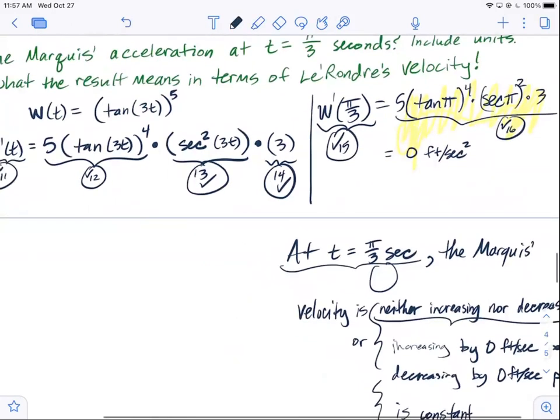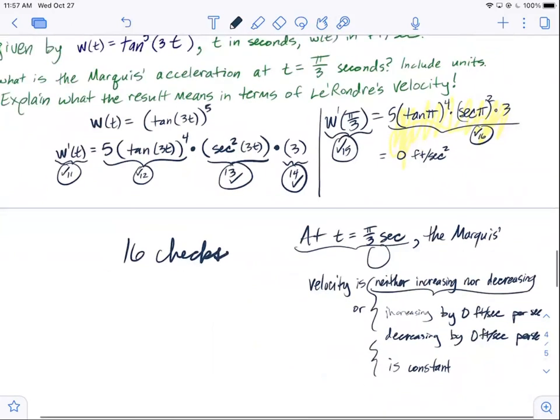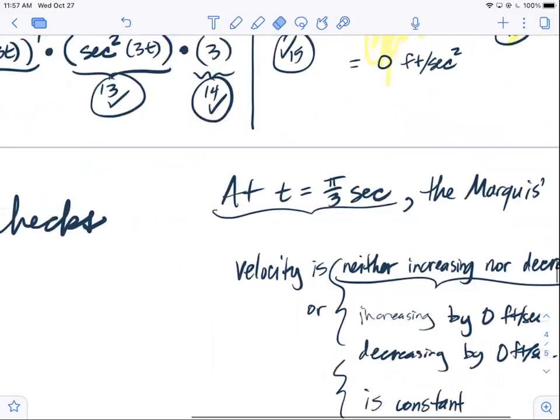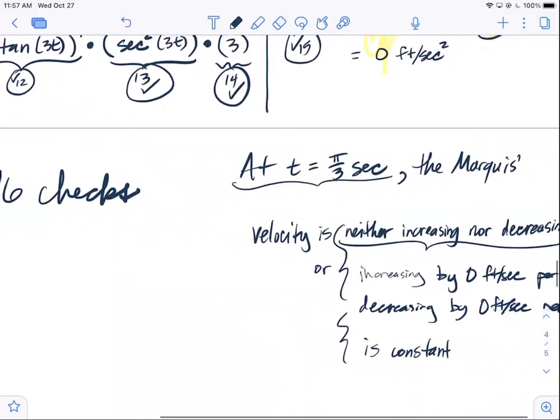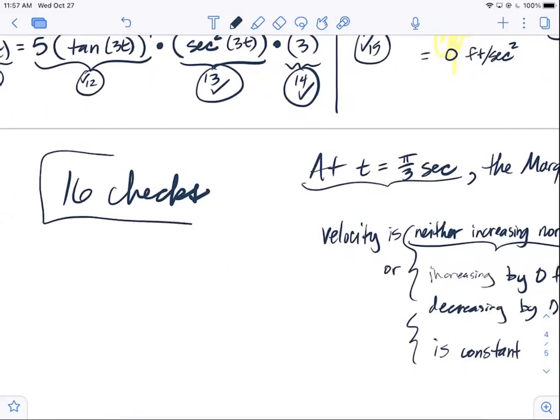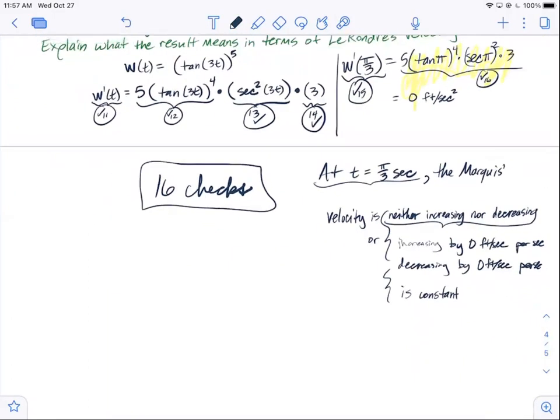So we got 16 checks. I think that's right? 17 checks? If I don't count the sentence at all. I took that one away, yeah, because it's part of the sentence. 16. Yeah, go ahead. So if I plugged in the pi thirds, are you giving that as a check or